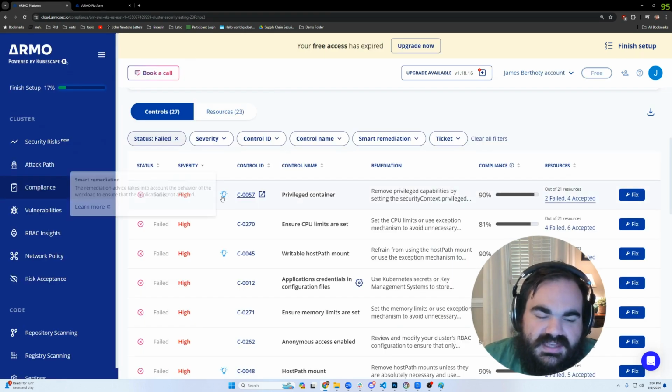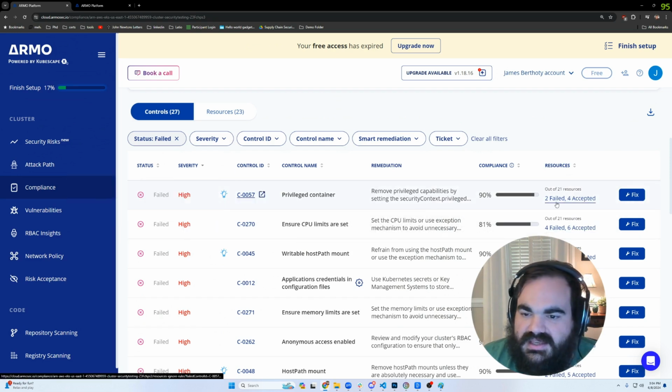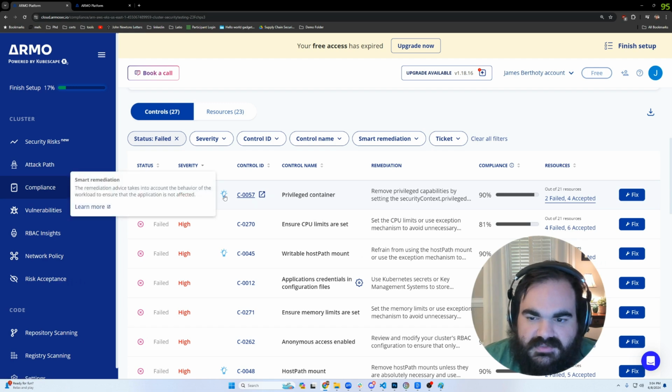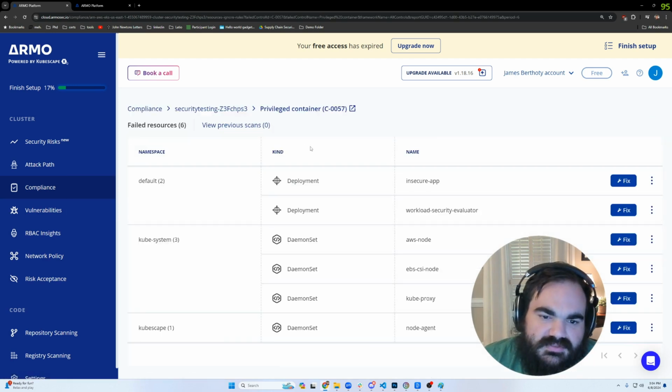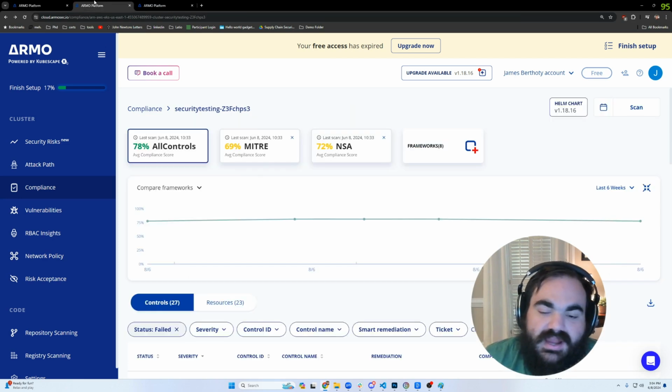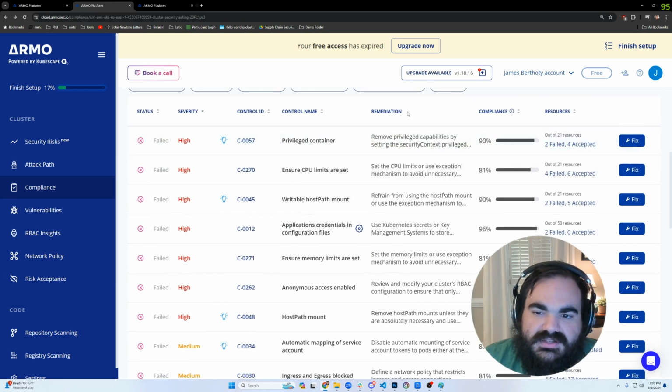So one of the cool things that Armo's done to try to reduce that noise, and I think more and more people are going to add stuff like this going forward, is the fact that you'll see here that they have smart remediation and that 2 of the resources failed and 4, the risk was accepted. And so what that means in this context is that if the risk was accepted, then it means that the pod is actually using the privileged mode that it's running in because it's interacting in some way with the host operating system. And so this is a great way to tune out what's an easy fix,